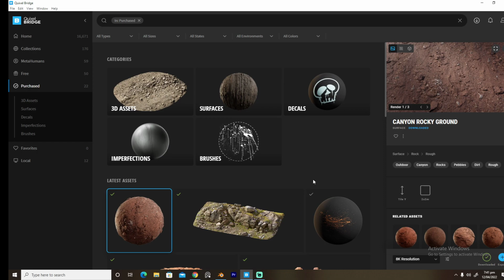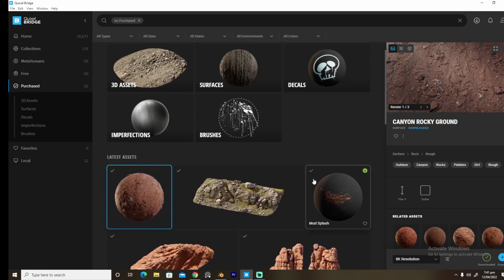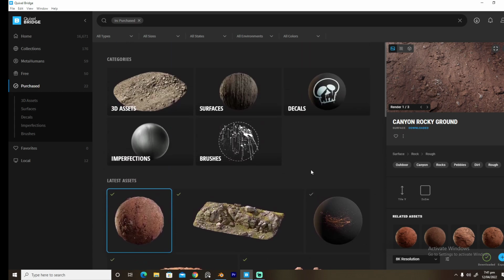Today we're going to be modeling a sci-fi environment. So first off, I just want to tell everyone that Quixel Bridge is leading the game here, and there are so many things in Quixel Bridge, and all you have to do is go to